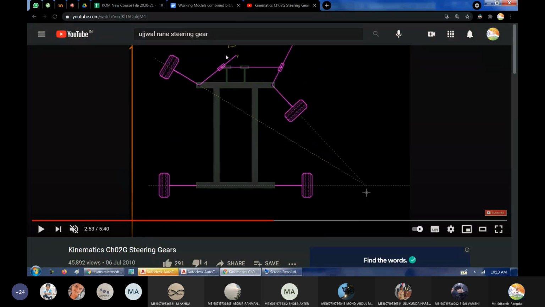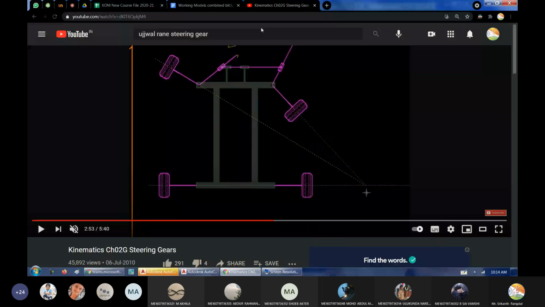So there you can see that there are a lot of sliding mechanisms. Fine. And this is what makes the manufacturing and maintenance slightly more complicated. So the rod has to be exactly straight, and the sliders have to be working perfectly. There is a lot of friction. If you want to reduce the friction, you have to lubricate it properly. So these are all the challenges with the Davis steering gear.